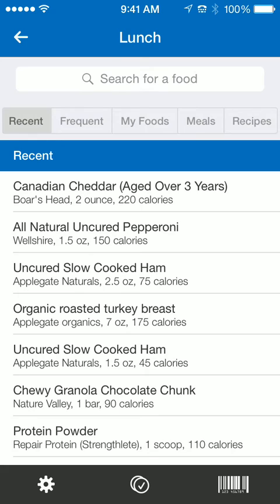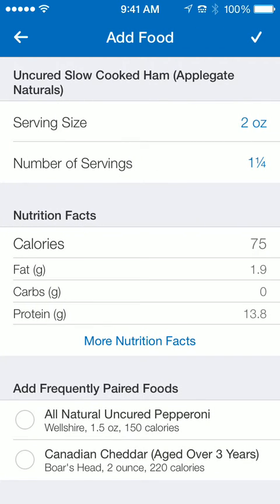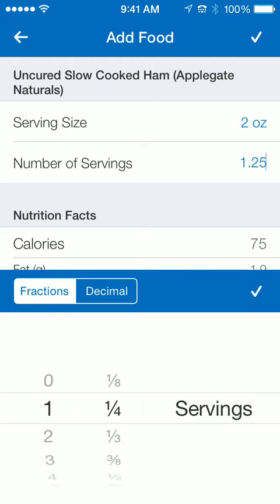So recent foods, one thing I want you to know when you're doing that, say we want to add some uncooked ham, something I eat on a daily basis, it's only going to bring them up in the category you've eaten them in. So for example, it will come up on either breakfast, lunch, dinner, snack, etc. And it will also come up as the most recent serving size you ate. So for example, yesterday for that, I ate 1 1/4 servings of ham,